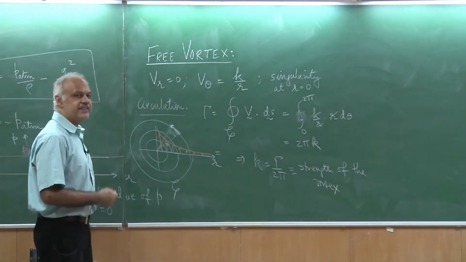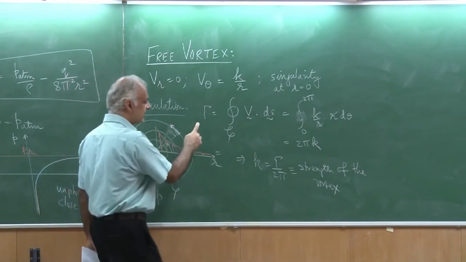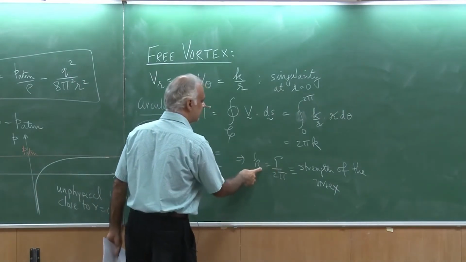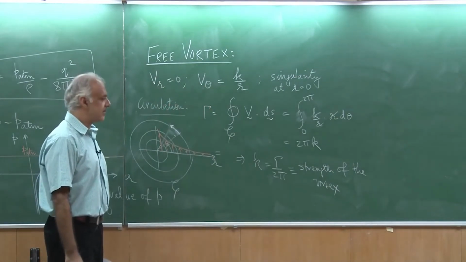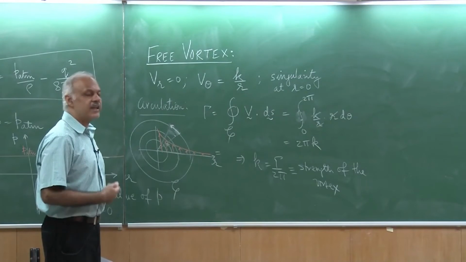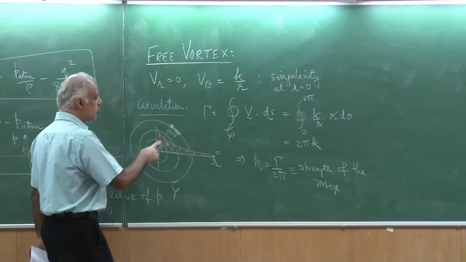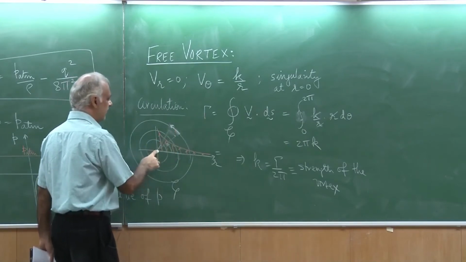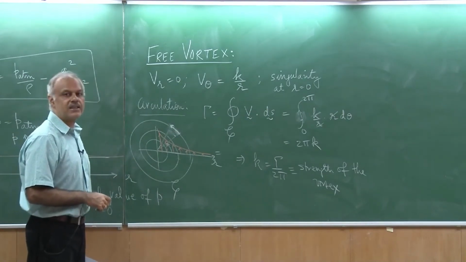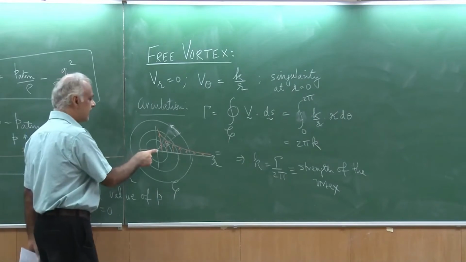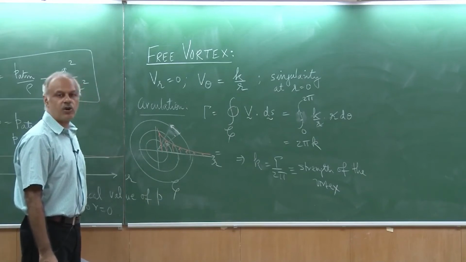So this is interesting. This vortex, now we are saying that it has a finite circulation gamma, and the strength is actually gamma by 2 pi, it is not 0. So how about the irrotationality? You can check that if you took a curve which does not pass through the origin, then you can show the circulation around that curve would be 0. Only if you take a curve which encloses the origin, then the circulation is non-zero.